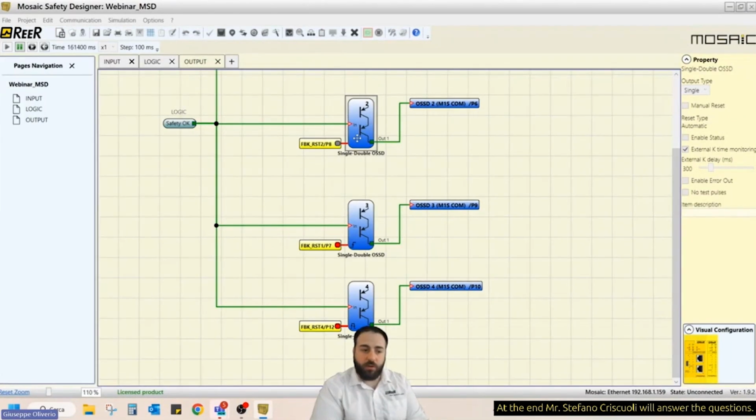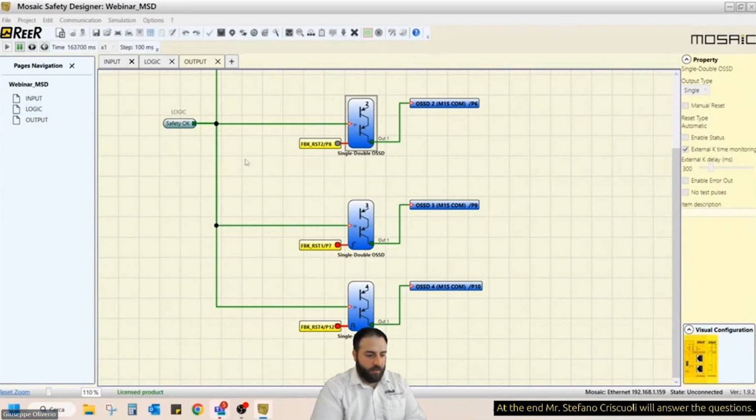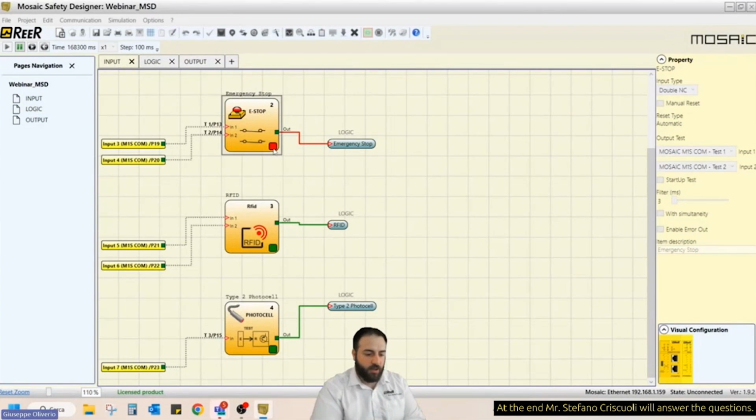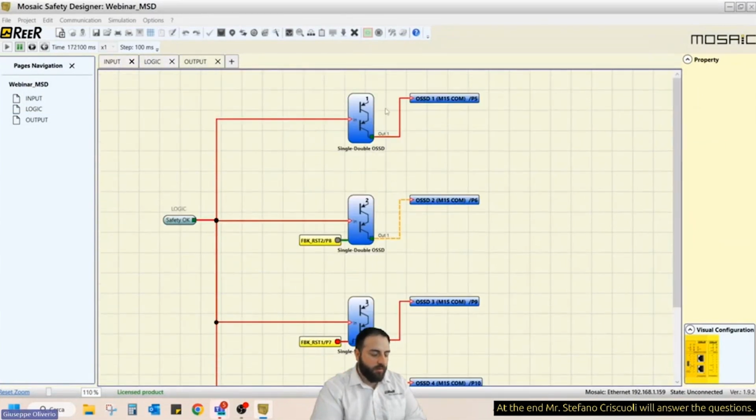feedback control with the Mosaic. So let's imagine that the time is not enough in order to check the feedback signal. So press the emergency stop. As you can see, everything is off, but